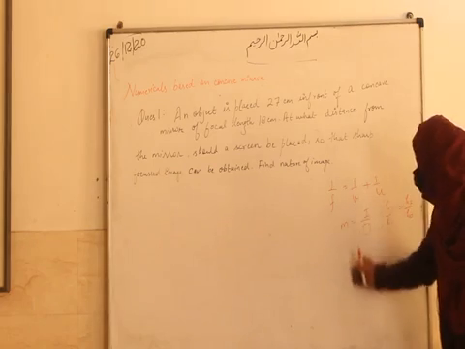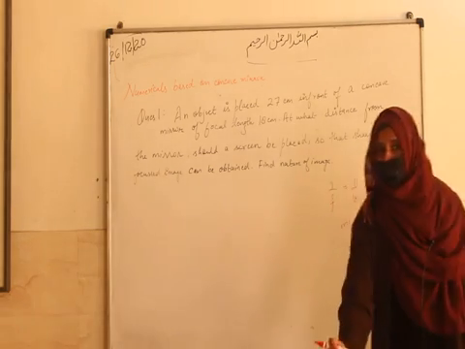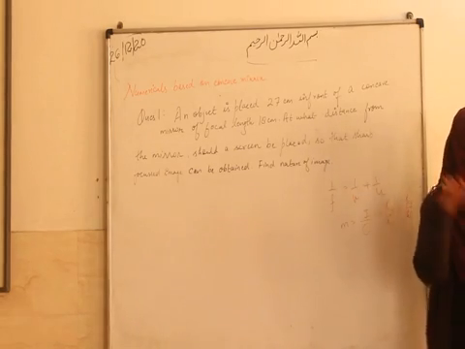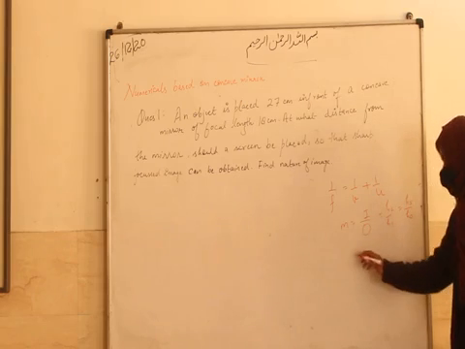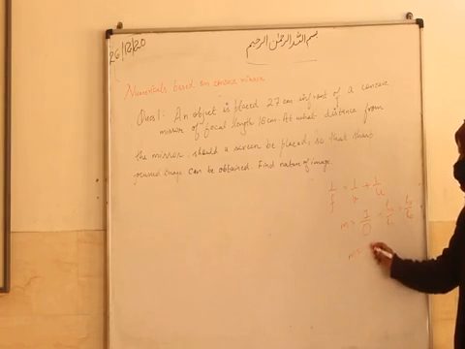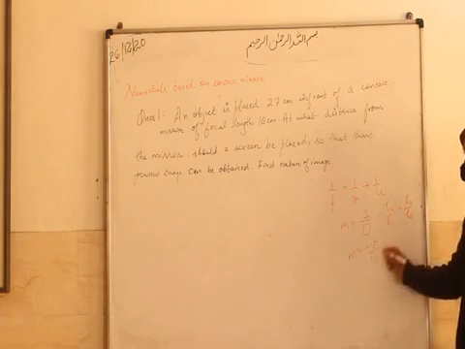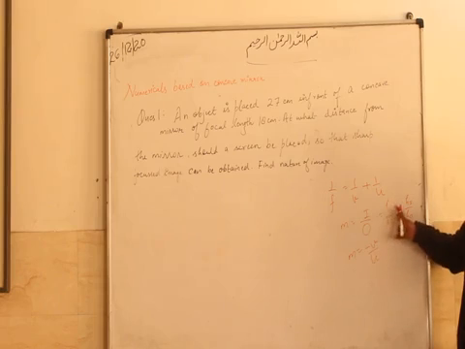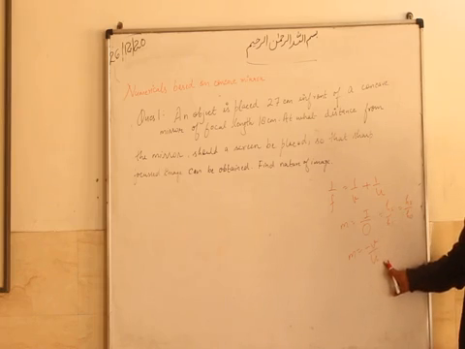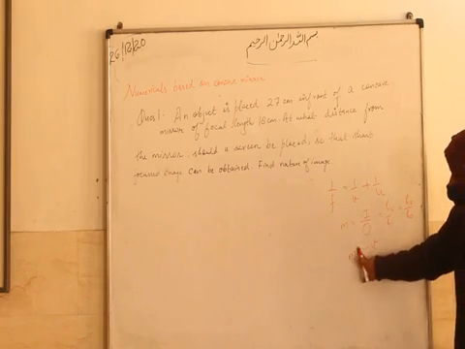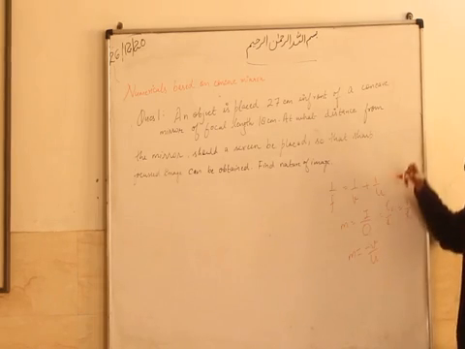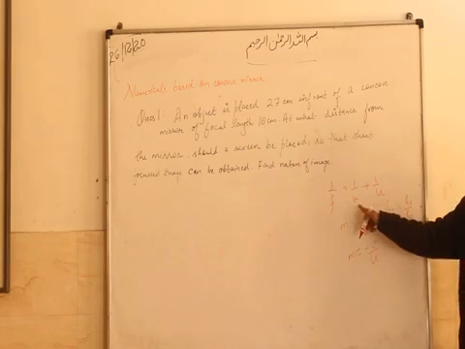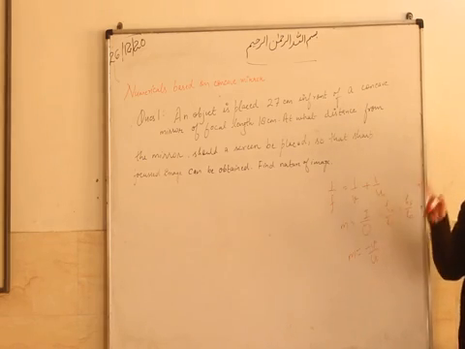This is the formula of magnification, but what will happen if we are given only the image distance and object distance? How will you find out the magnification? There is another formula for magnification, that is minus v upon u, image distance upon object distance. This is height, this is distance. It will come out negative or positive depending on the signs, because in the equation they will not provide you the sign. You have to write it by yourself.